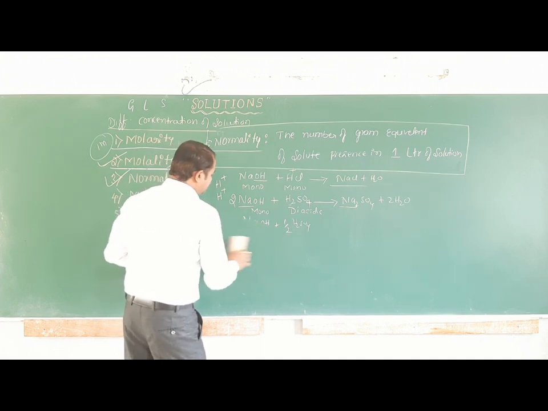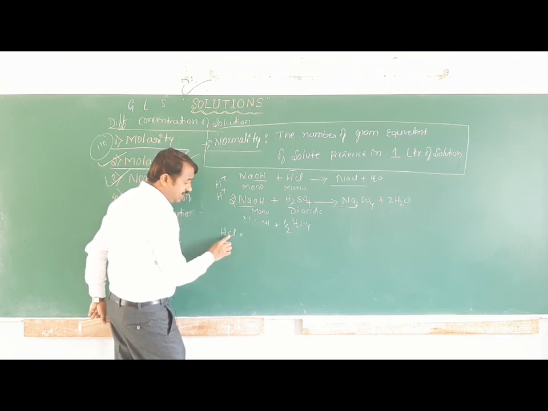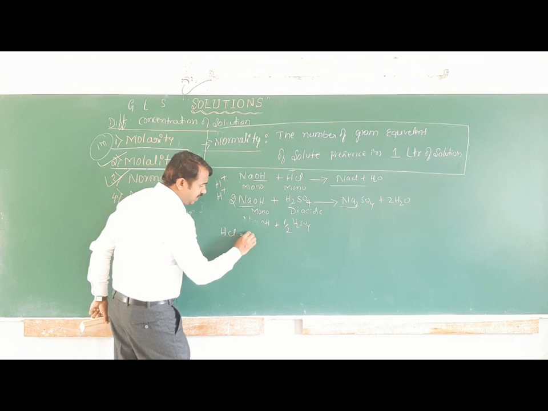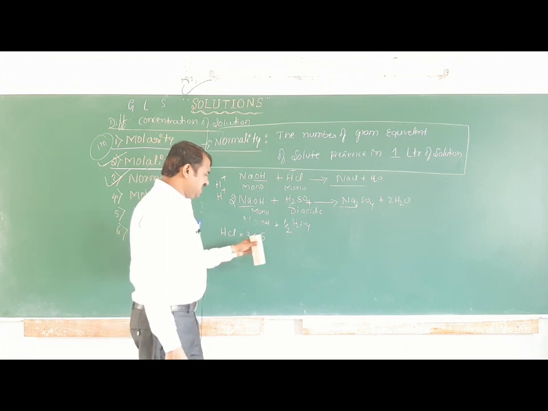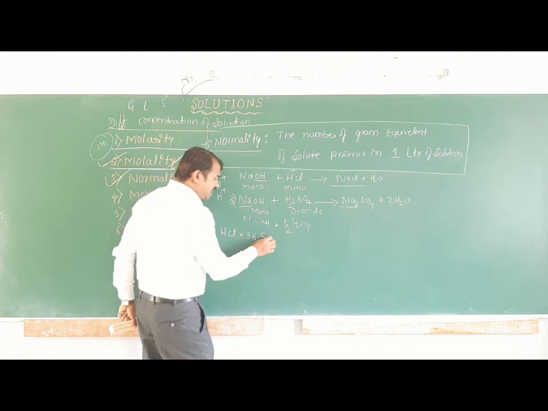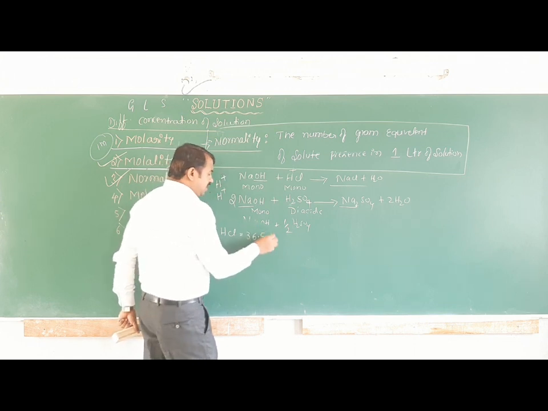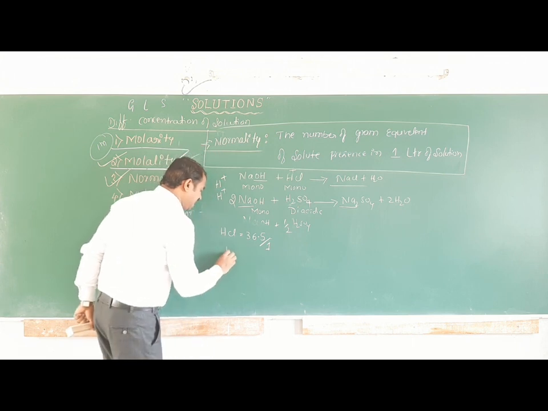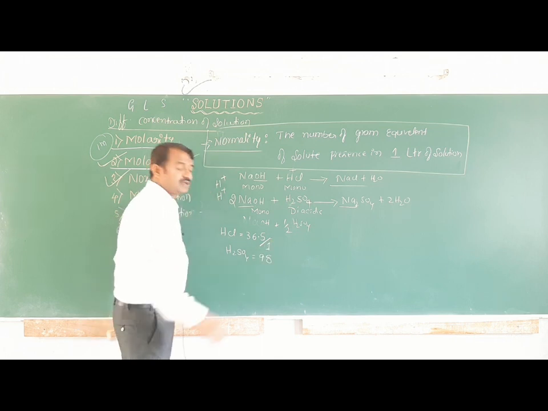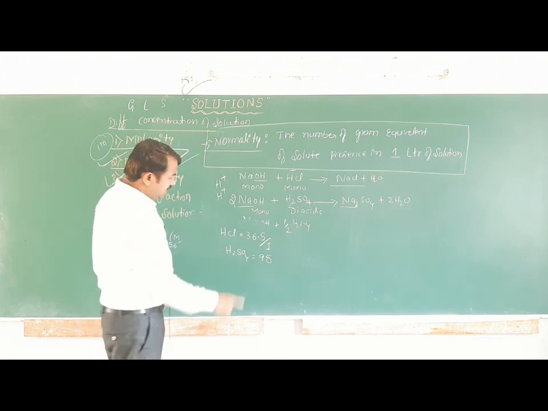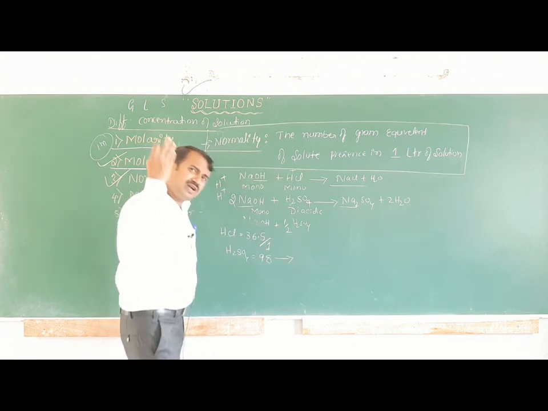Generally, you are thinking of HCl, the molecular weight is 36.5. Total molecular weight is 36.5. This is a monoacid, divided by 1, means 36.5. Okay, 36.5. If it is sulfuric acid, H2SO4, how much is the molecular weight? 98. If it is 98, for molarity you can take 98 gram dissolved in 1 liter of the solution, that is called molarity.